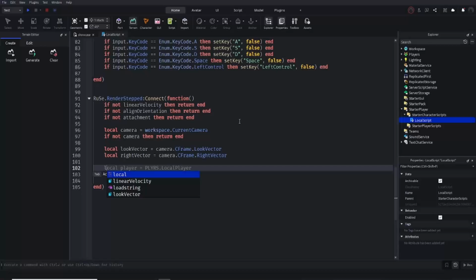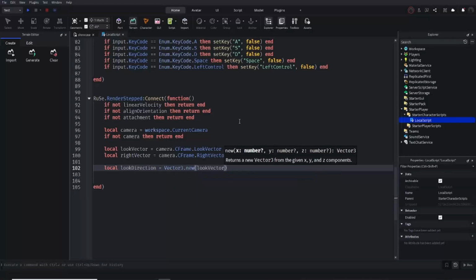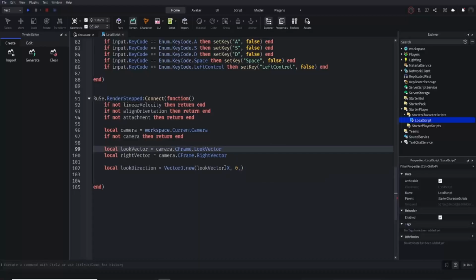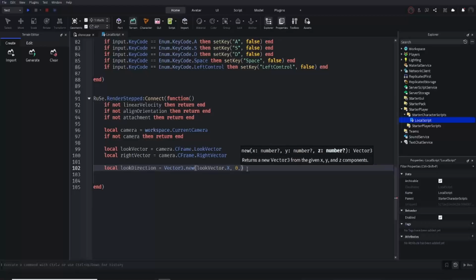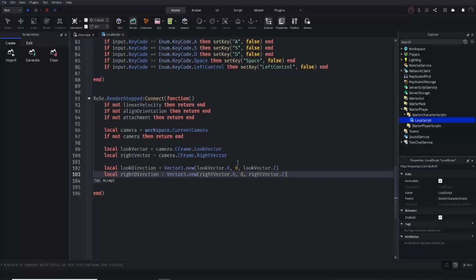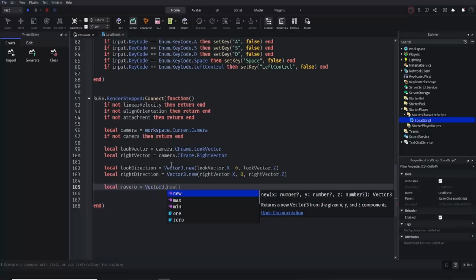So here we're going to do local lookDirection = Vector3.new(lookVector.X, 0, lookVector.Z). The reason we put 0 here is because we want the space and the left control to control the Y-axis and not the X and the Z-axis. The X and the Z-axis is going to be for the WASD or the arrow keys, depending on how you want to do it. Now local rightDirection, and now we're going to do local moveTo, which is going to be equal to Vector3.new(0,